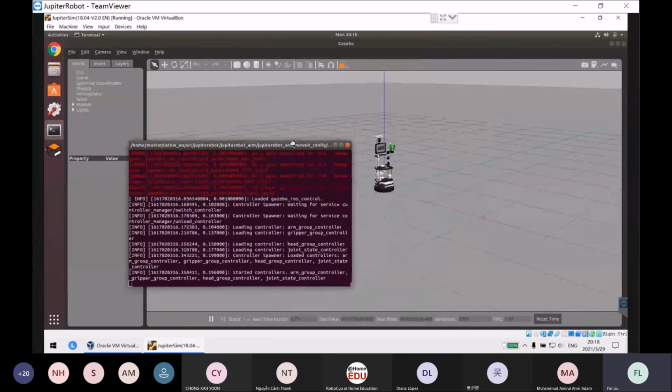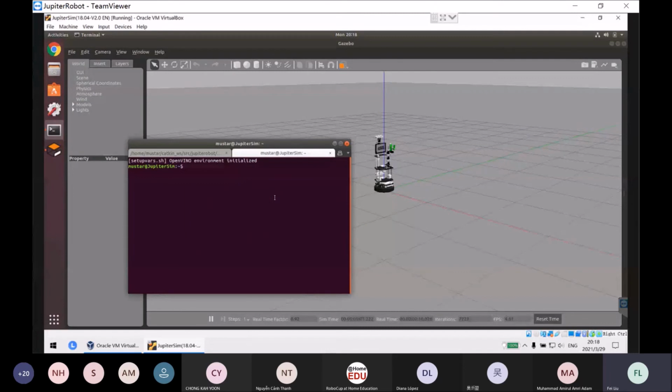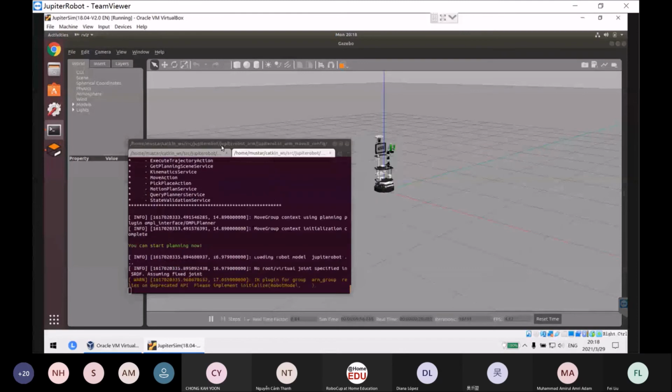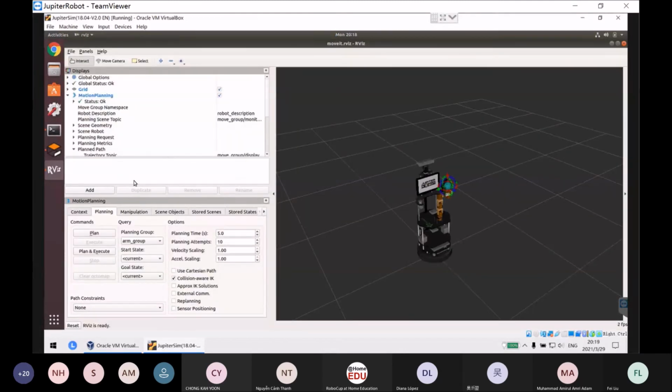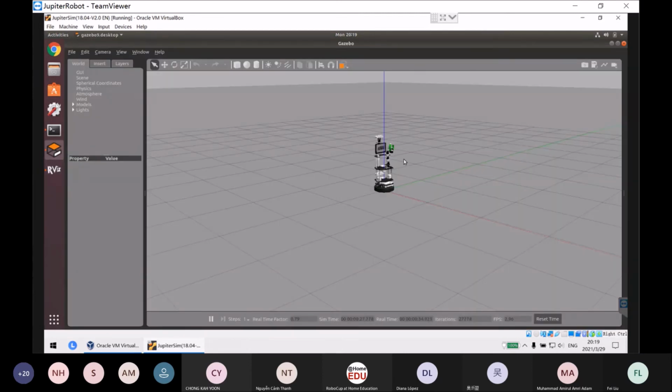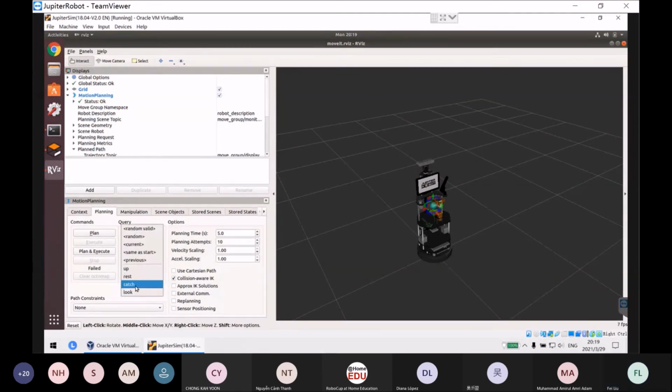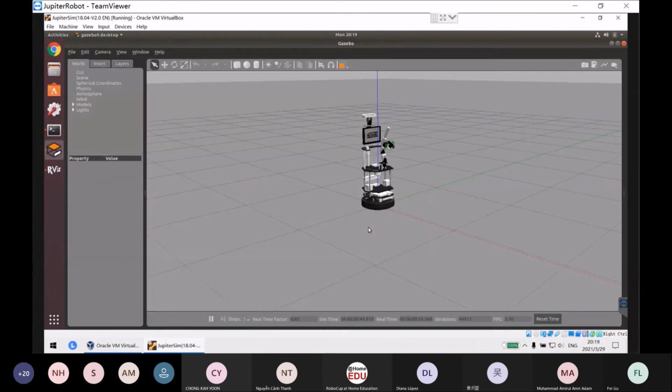Okay, this is the launch for Gazebo, and a new tab for the second part. Okay, let's check the. You can see the arm is acting as we planned in Avis. So I will show. Because this FPS is very low, it's almost hard to see. So this is how